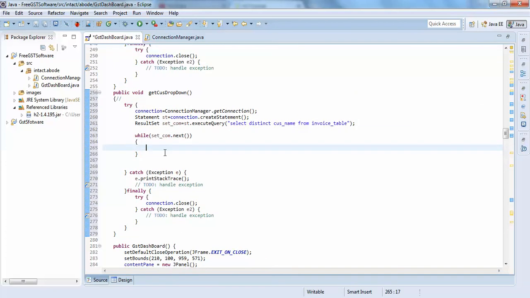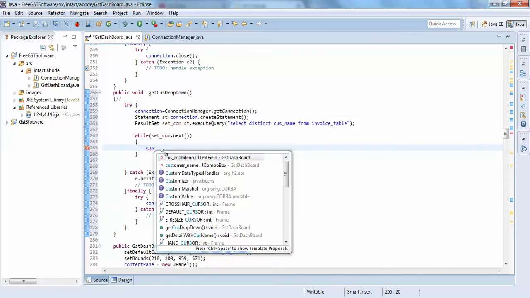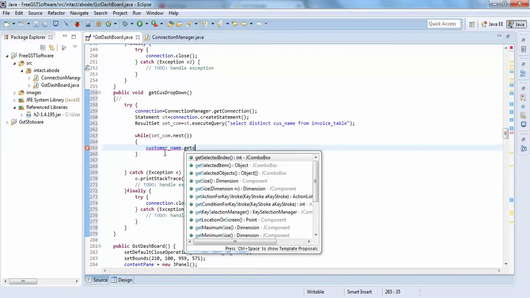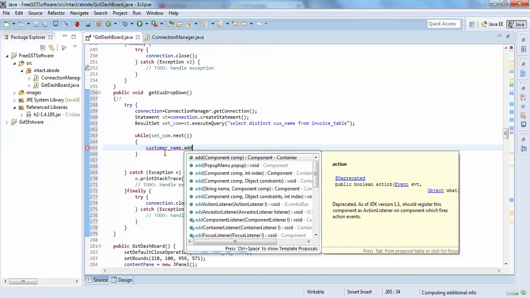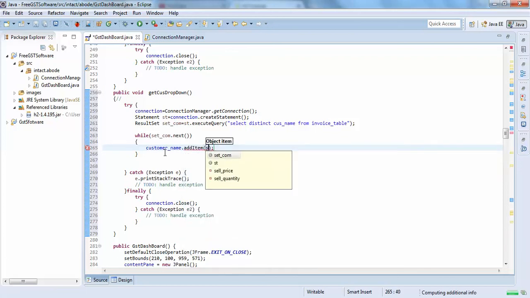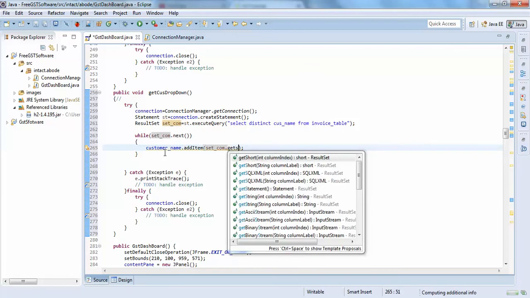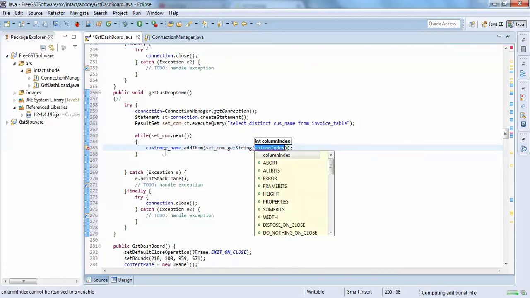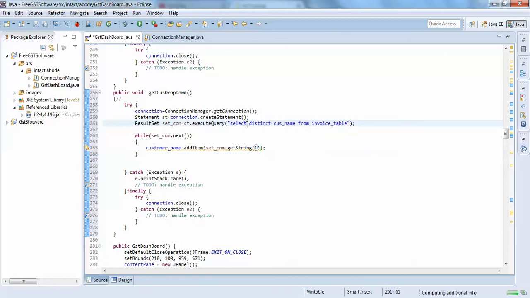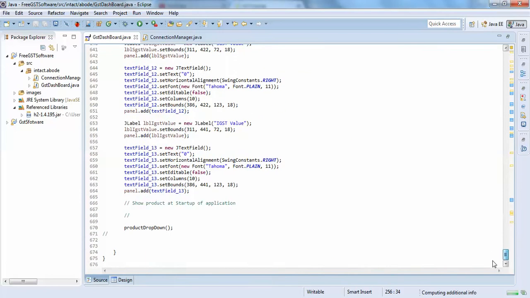So in the same way for customer name dot gets, add item, set comma, dot get string. This will be 1. So we perfectly know that customer name is only one column we are trying to retrieve here. So this should also be passed at the time of application startup, and I'll just put it here. Right,